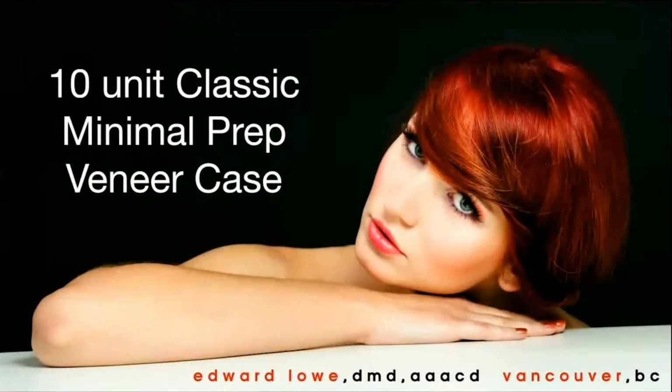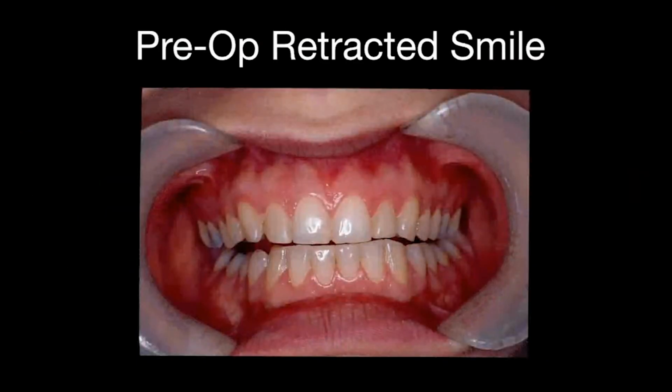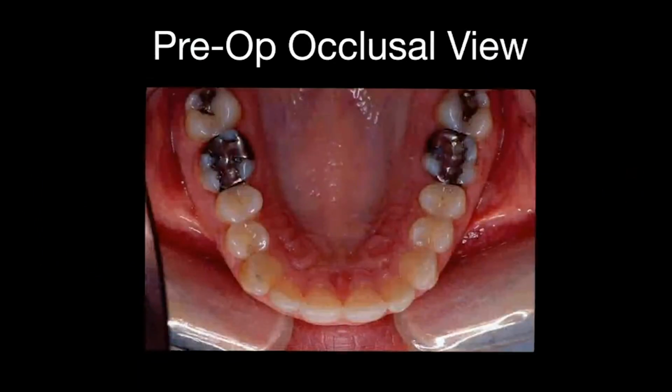I'm going to go over really quickly the 10-unit classic minimal prep veneer case so that we can understand making provisionals and everything else. Here's a case of a girl in her early 30s that doesn't like her composite bonding on her lateral incisors. Wants improvement in the general wear. So that's her pre-op retracted smile, occlusal,